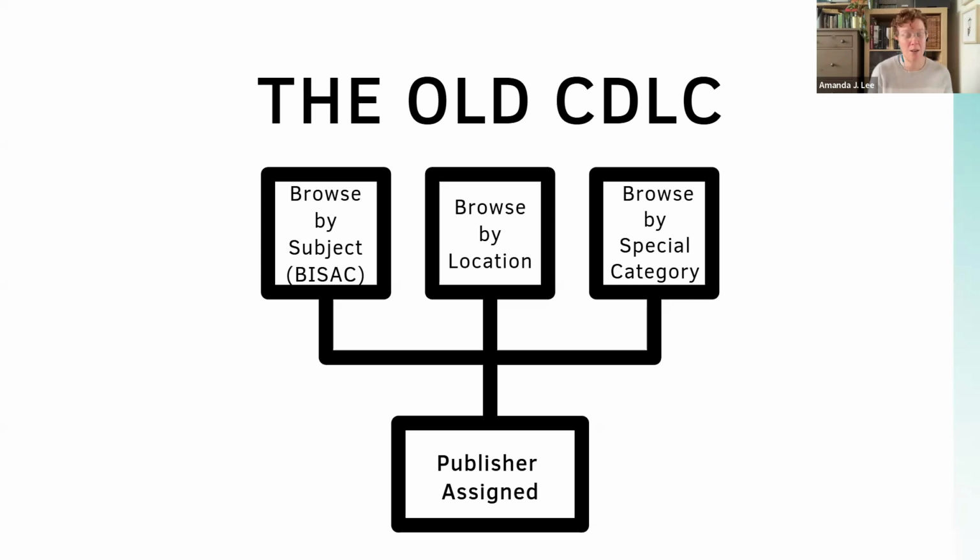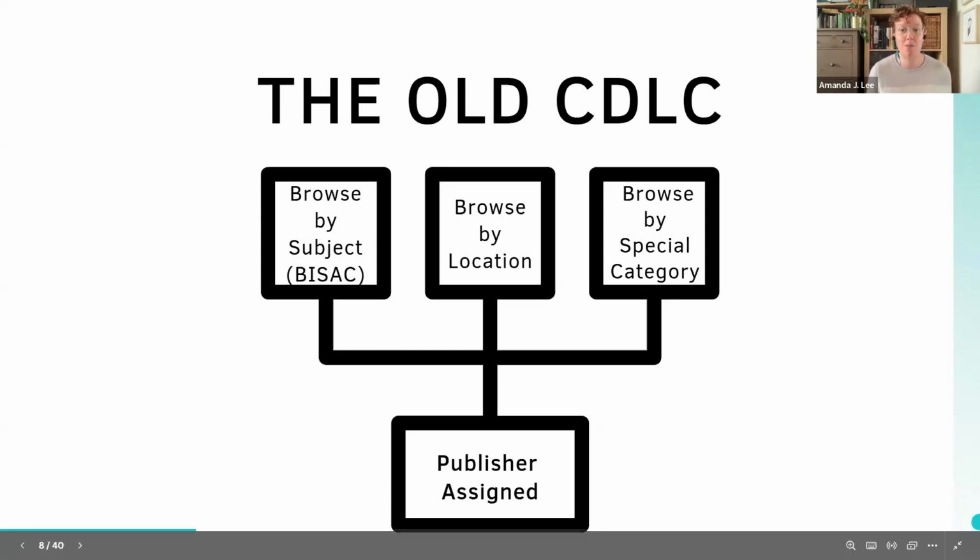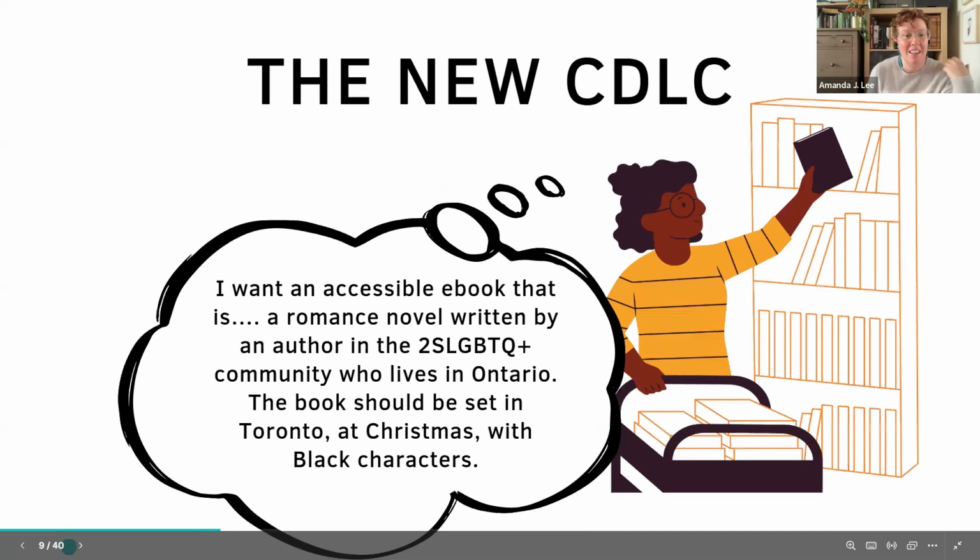Right now, our lovely pilot publishers, for whom we are so grateful, are submitting spreadsheets for location, both author location and setting, as well as these custom categories. So they had to send all of this by spreadsheet. But that's not sustainable for any of us going forward, especially since we are planning to add more than a dozen new categories based on librarian requests. So the new CDLC,